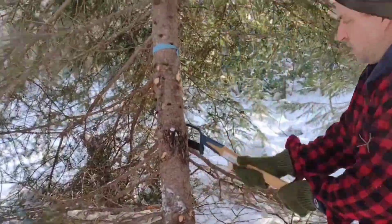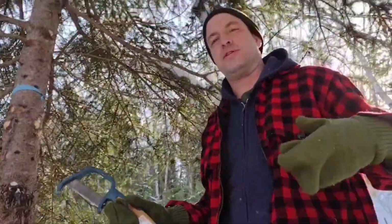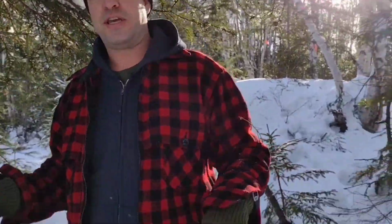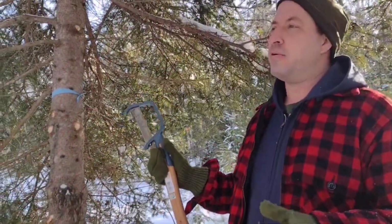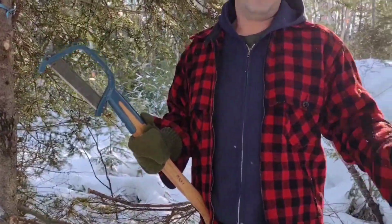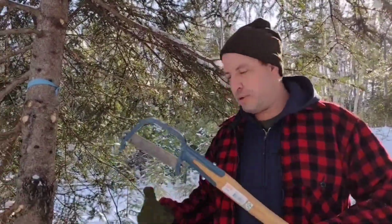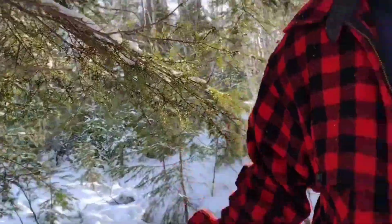So this tool seems to be great for me on nights where I dedicate myself to just limbing trees when I come into a new block of forest. Because the first thing you want to do when you get into a block of softwood woods that you haven't been in before is go around and limb as much of it as you can. That helps you get around through those trees to come back and assess which ones you want to cut down, and just to move around through that block of woods. So on nights where I come out limbing now, I bring this and I bring my axe. Between the two, I can do most of the trees with this brush axe, and when I get into branches that are a little bit too big a diameter, I can go back to my regular axe. Now, the other benefit of this...